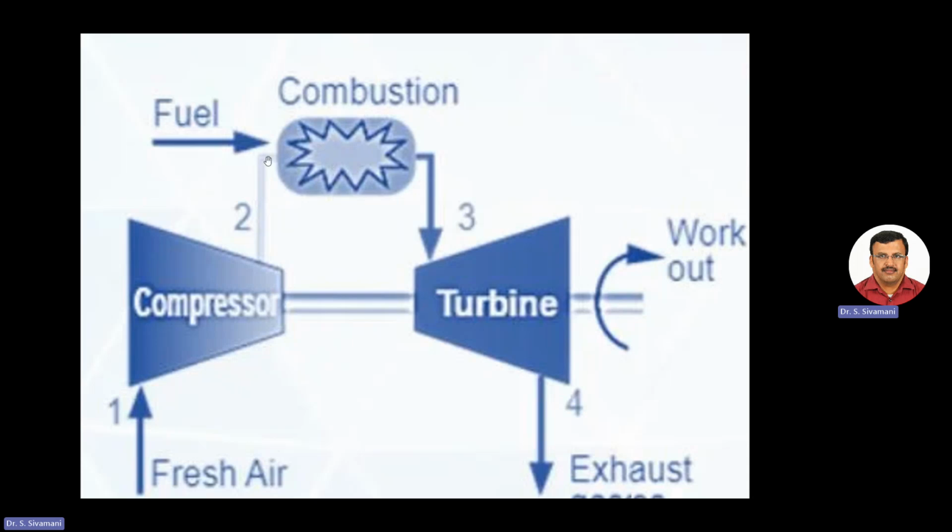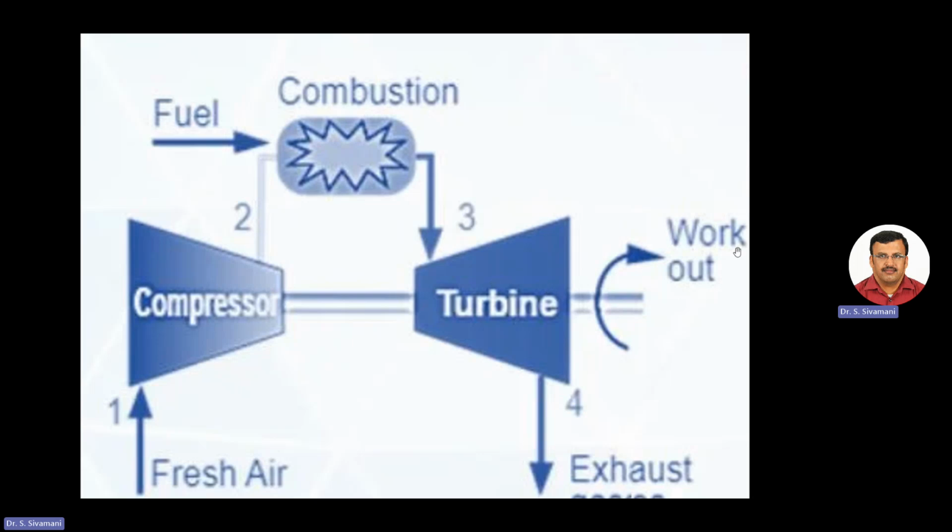In the combustion chamber, along with compressed air, compressed natural gas as a fuel is also sent, where both burn together and produce a gaseous mixture at high temperature and pressure. This high temperature and pressure gaseous mixture is used to run the gas turbine, from which the power is